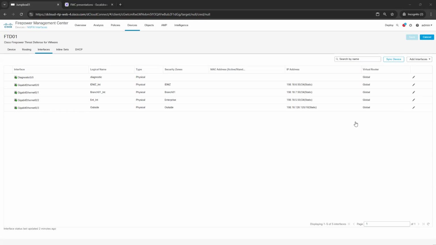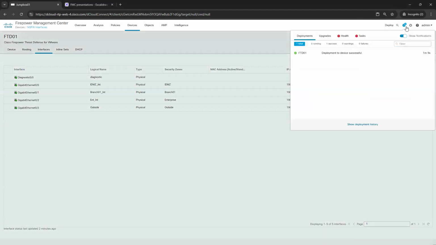See where it got saved. This configuration got saved to FMC. Saving or creating a configuration on FMC doesn't mean that you have pushed that configuration to FTD. So on top, if we click here, it is telling that deployment is successful,